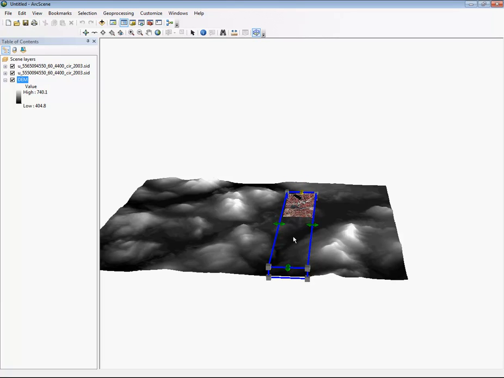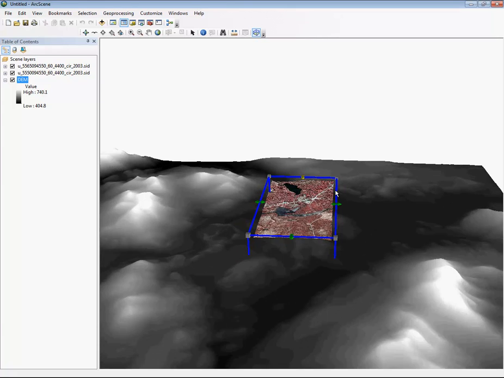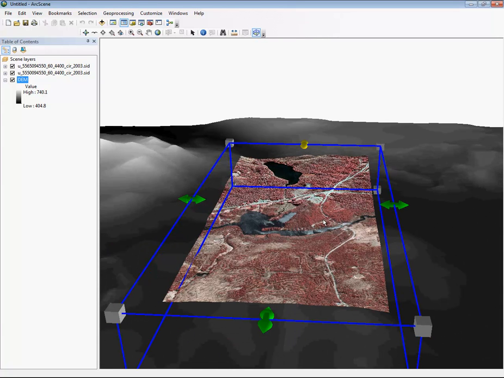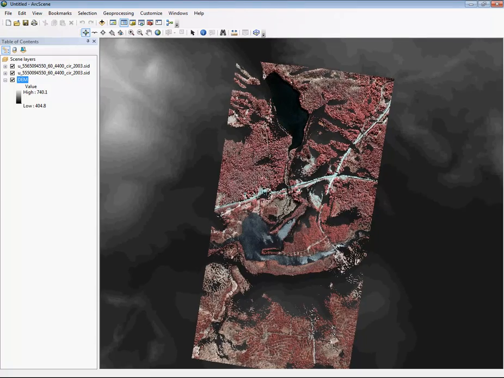You can move the whole rectangle by clicking inside of it and moving it around. So if you want to move it this way, you can do that. And then pull this green back in. So let's look there at that. Now, I think we want to zoom in a little bit more. Okay. An easier way to see this might be from the vertical position. So if we bring this up like that,